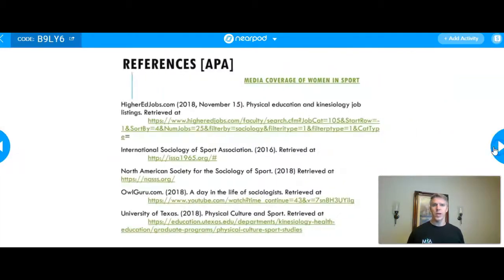And then the last slide here are my references, which are found in APA. Now, it's not double spaced because that would take up a lot of room and the reformatting would be changed. And also you want to tab this in, but a lot of times you lose the formatting for this.